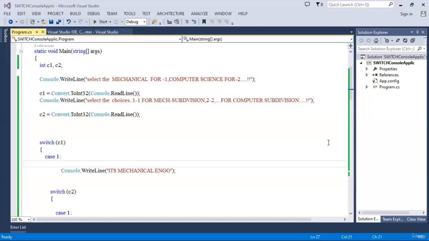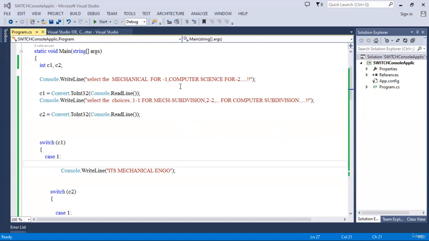Yeah, this session we'll be dealing with nesting of one switch inside the other. So first, here we have taken the consideration of selecting the mechanical and computer department with respect to the numbers 1 and 2. So 1 is referring to the mechanical and 2 is referring to the computer department. And so that will be the choice given by this C1 for the case values in the first